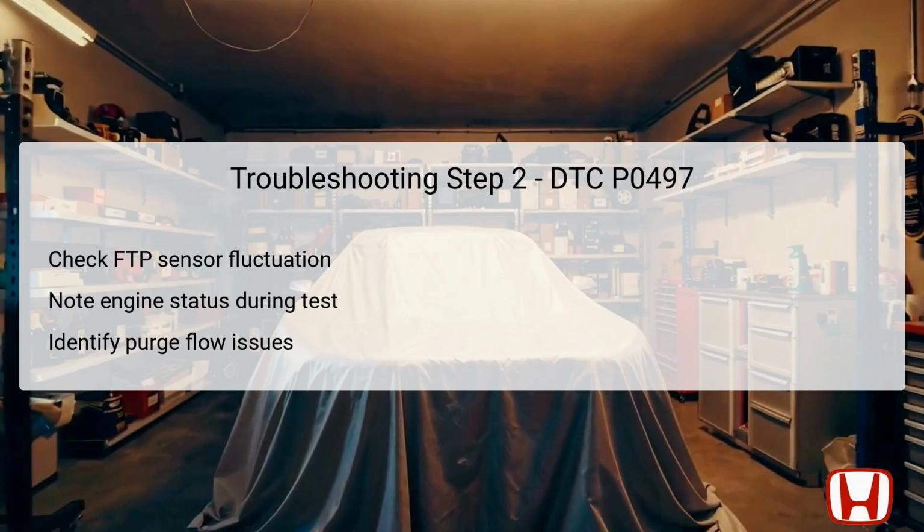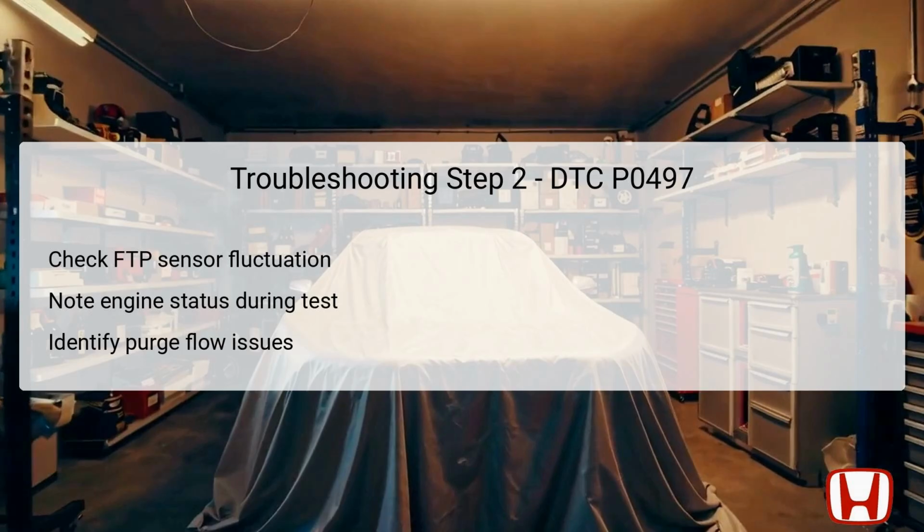In the second troubleshooting step, focus shifts to checking the fluctuations of the fuel tank pressure (FTP) sensor. This test involves analyzing the sensor response when the ignition switch is turned to the lock position or when the engine start-stop button is pressed to select the off mode. When there is fluctuation from negative pressure to atmospheric pressure, indicating a functioning system, it might suggest that the EVAP canister purge valve could be stuck open, triggering a different DTC, namely